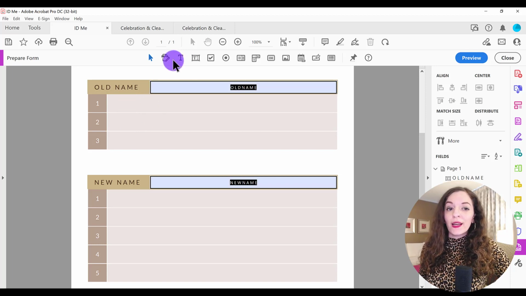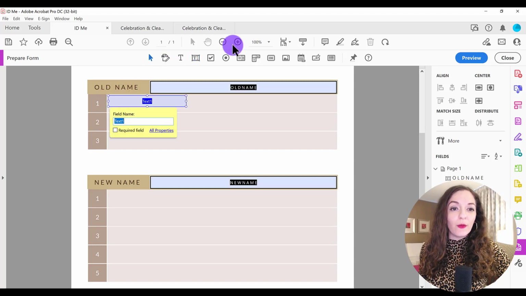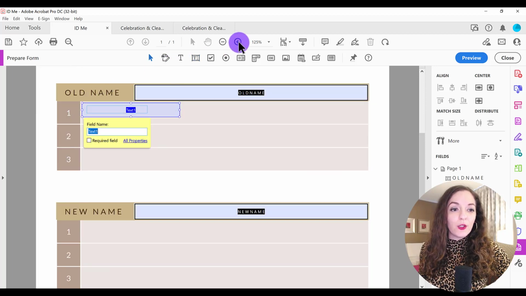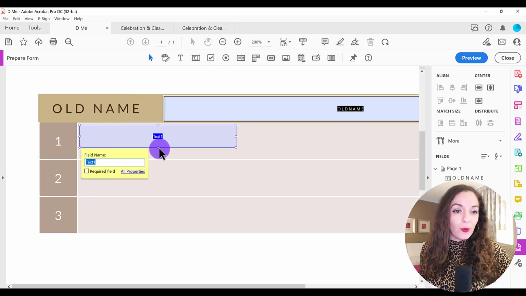Whether you're creating a regular text field or a paragraph one where people are going to be typing more, it's still the same one, which is this one right here. So let's hit that, add a text field, and then I'm going to move my mouse down and try to get the corners to align with a little bit of a border. I like leaving a little bit of a border. So let me zoom in so you can see this better. So you see here I've left a little bit of a border, and what you want to do is just